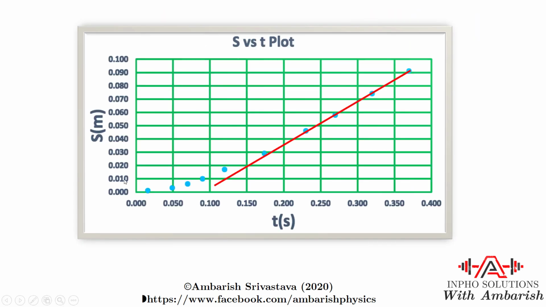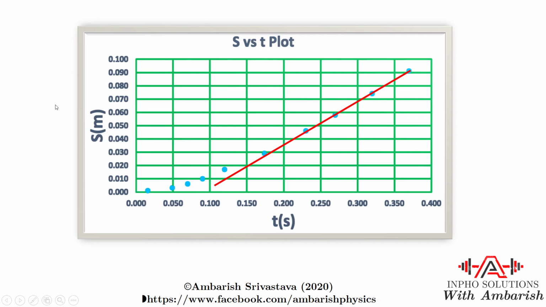Let's look at the solution. If you plot s versus t, you get this type of graph based on the given data, and then you try to fit a straight line and you give more weightage to the end points. You can see that I have drawn a straight line through the last, second last and third last points, and I'm not worried that this line is leaving some points or going far away from them, because that is the stage when the velocity is not stabilized. The higher the time, the more accurate the slope you will get for the terminal velocity.